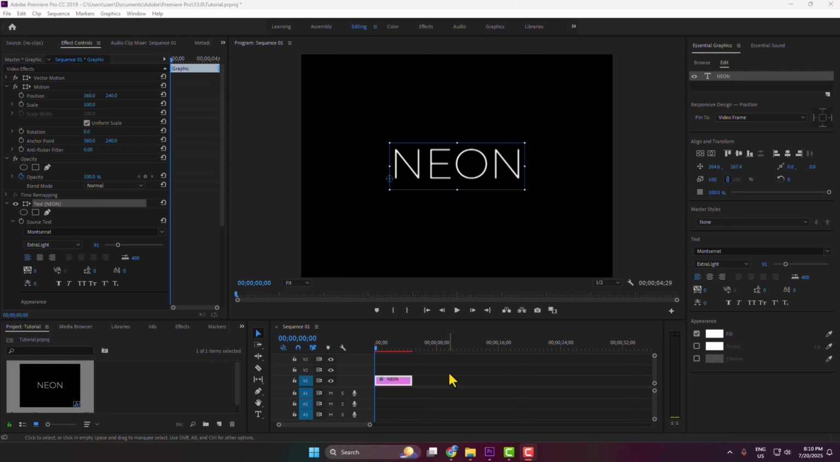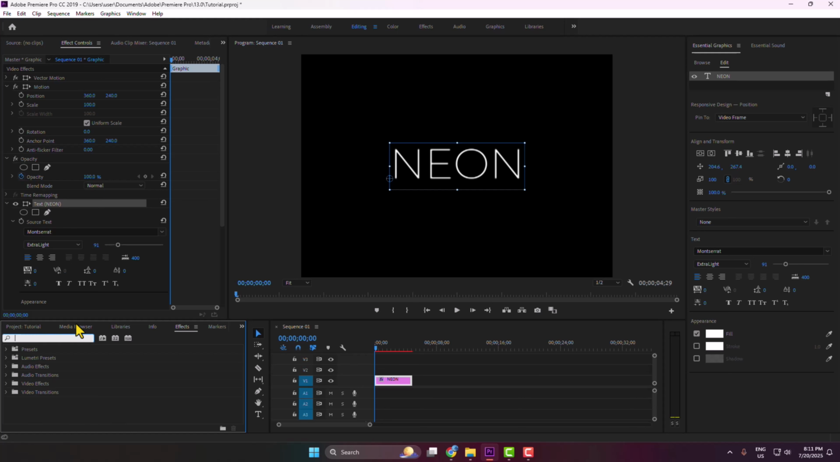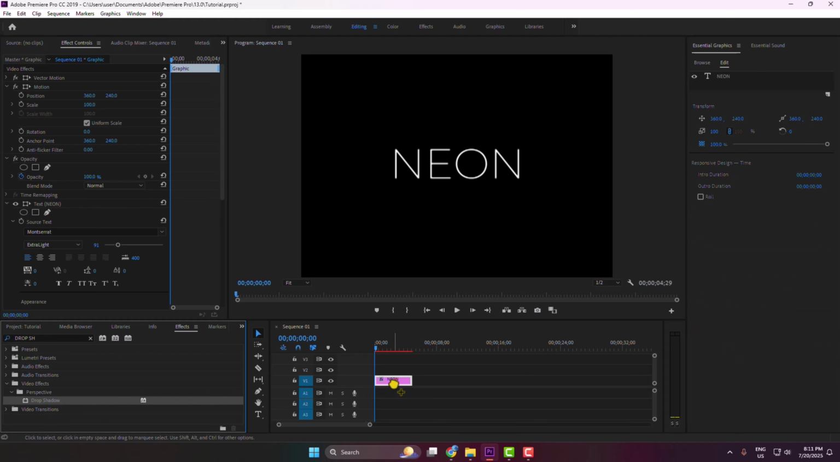Now I'll create a neon glow effect with this text. So here I've added my text and I selected the text font, Montserrat Extra Light. Now go to the effect section and search here for drop shadow and add the drop shadow effect to your text or